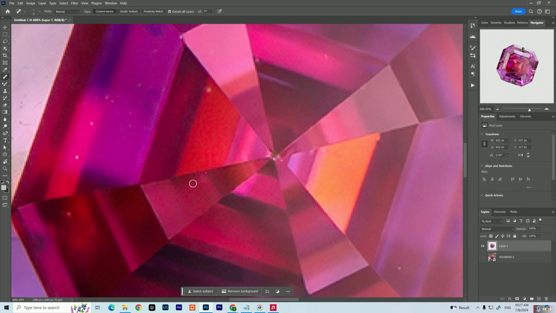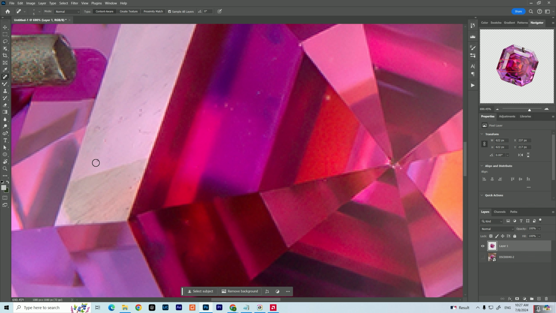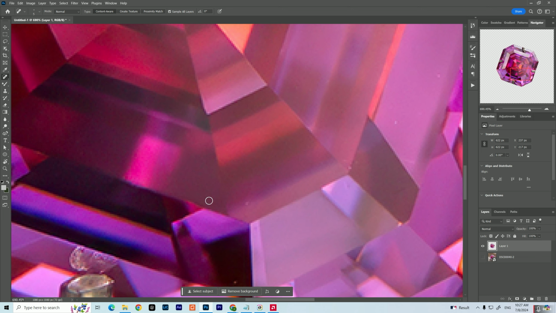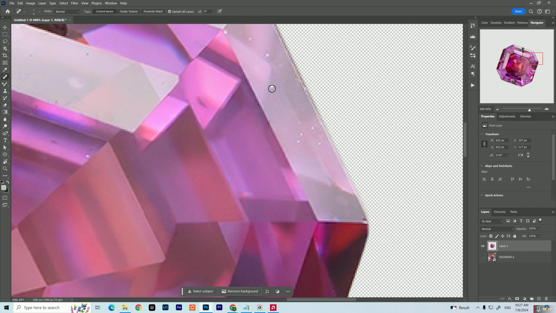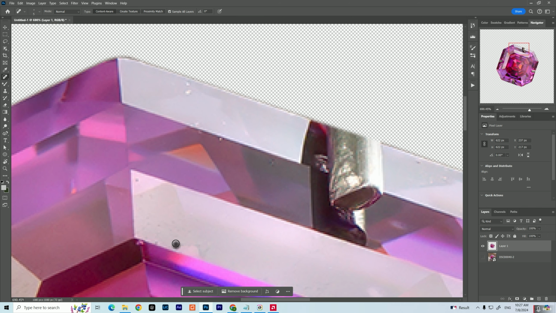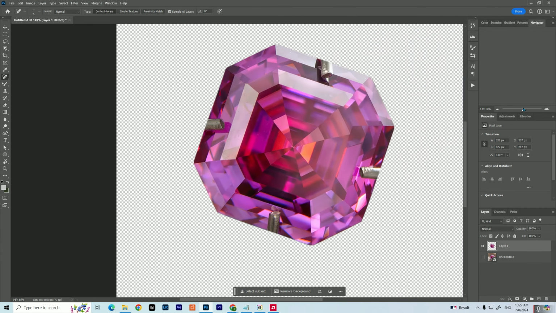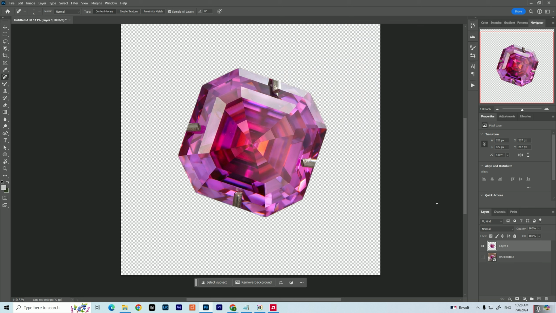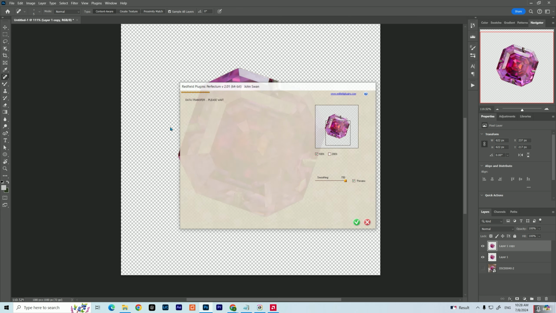Roughly clean up those obvious dust on the gemstones, and then we are going to apply a filter with our plugin Perfectum 2. Alright guys, so once we have finished clean up, we're going to make a copy first. Ctrl J on your keyboard, go to filter, Reflect Field, Perfectum 2,